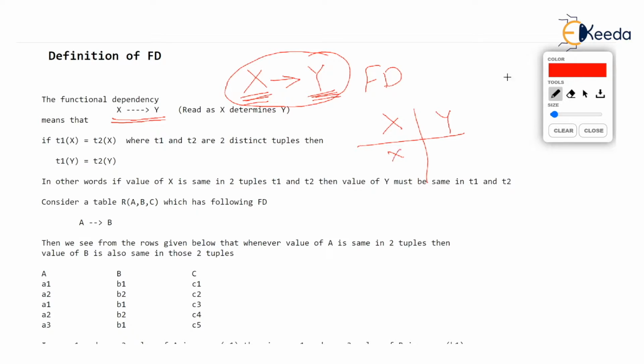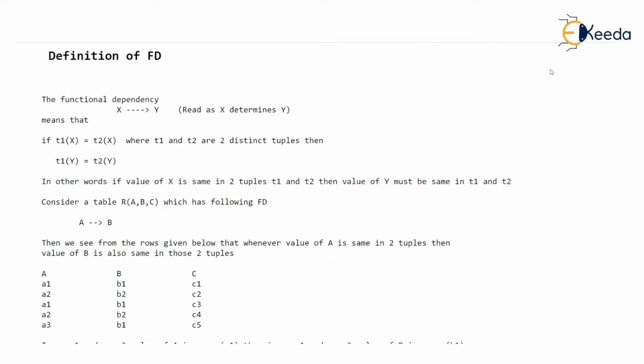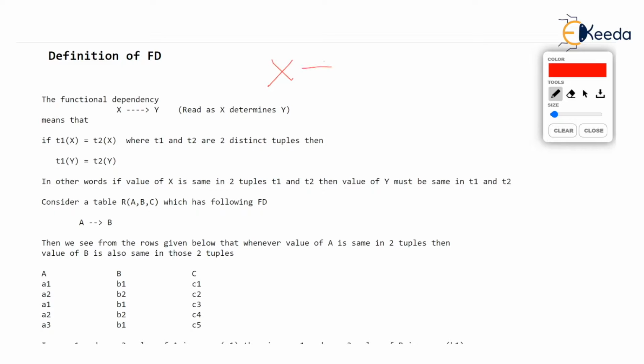X will have some values, Y will have some values, isn't it? For example, for some time you might imagine that X is the roll number column and Y is the name column of a student in a student table. But it's not necessary that X and Y are only single columns. When I say X determines the value of Y, X can be any subset of the columns and Y can be any subset of the columns. In general, we call columns attributes.